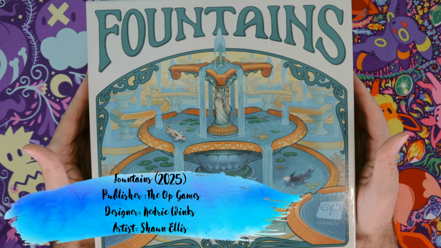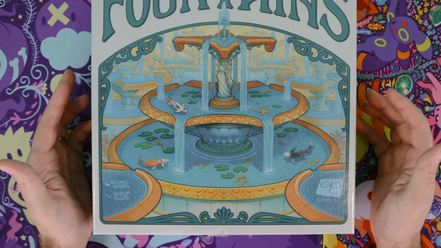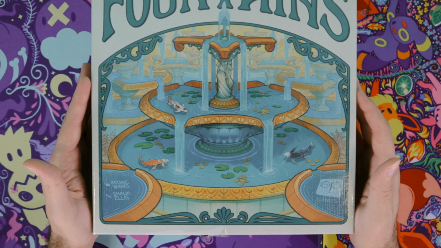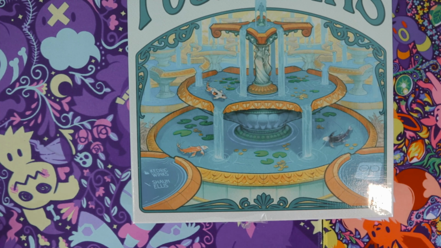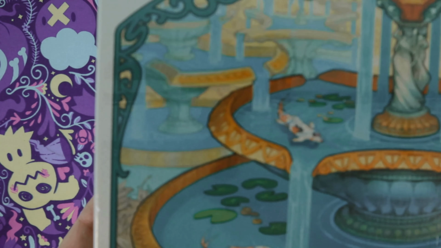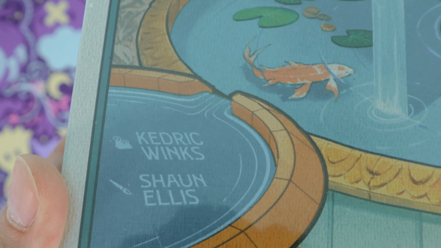Alright, so we have this, it's the Fountains business from Overpowered Games, Out of Print Games, I don't know what that stands for, whatever. From these two designers, Kendrick Winks and Sean Ellis,